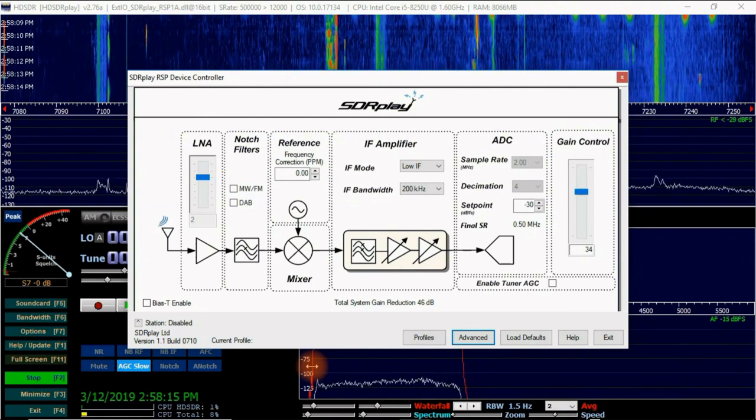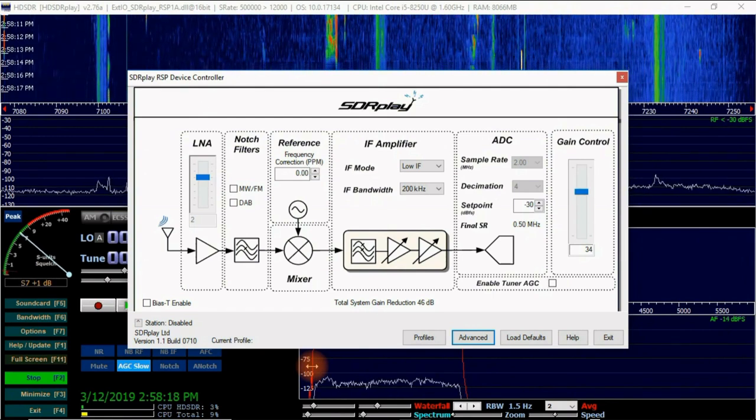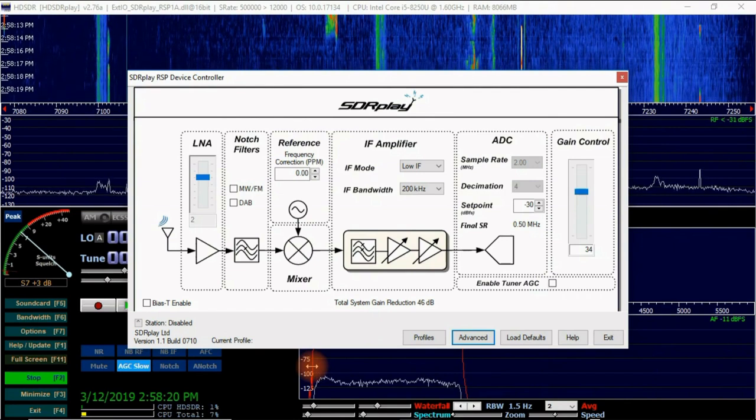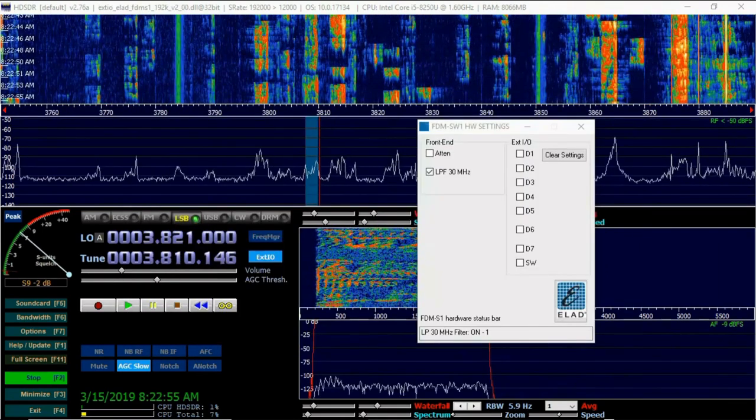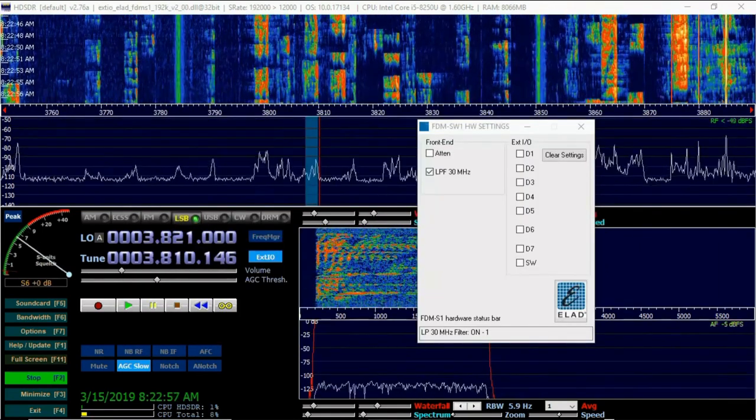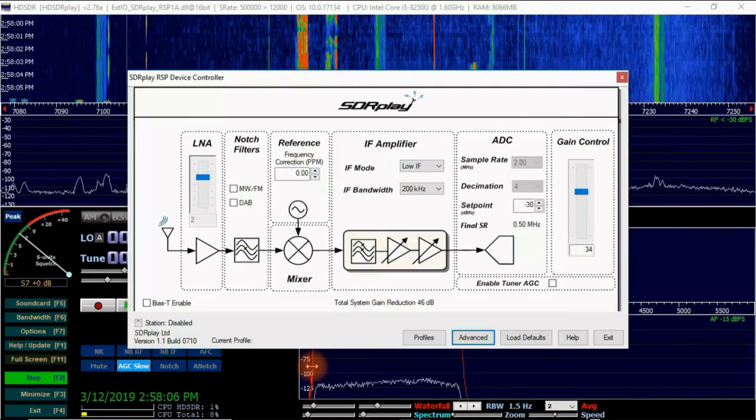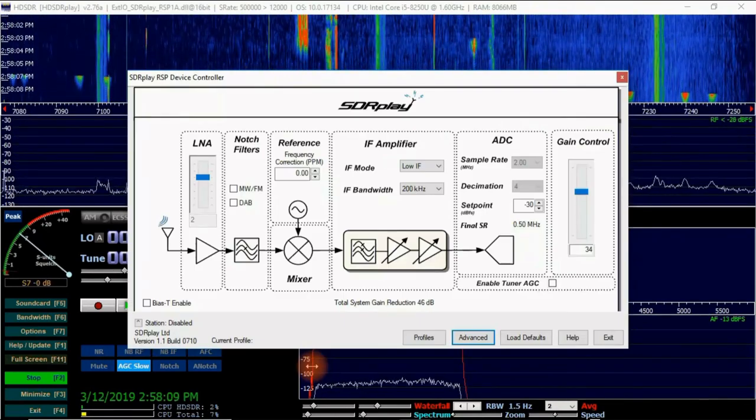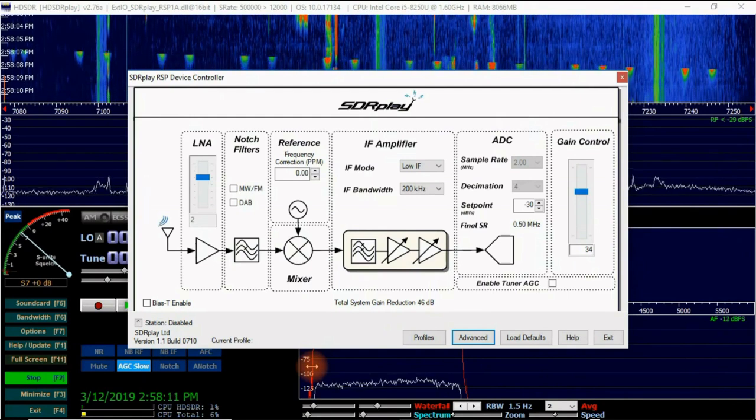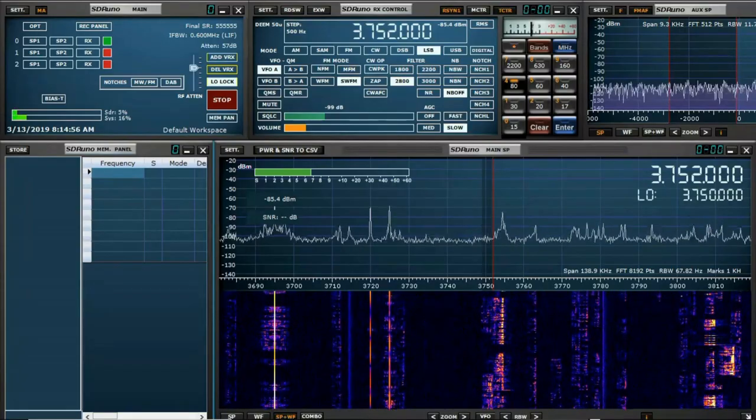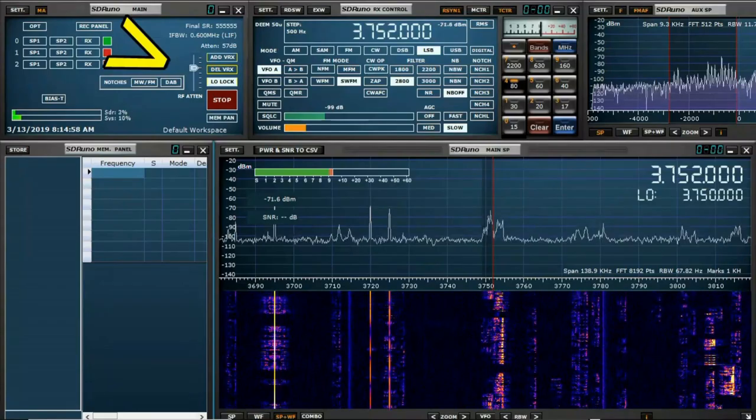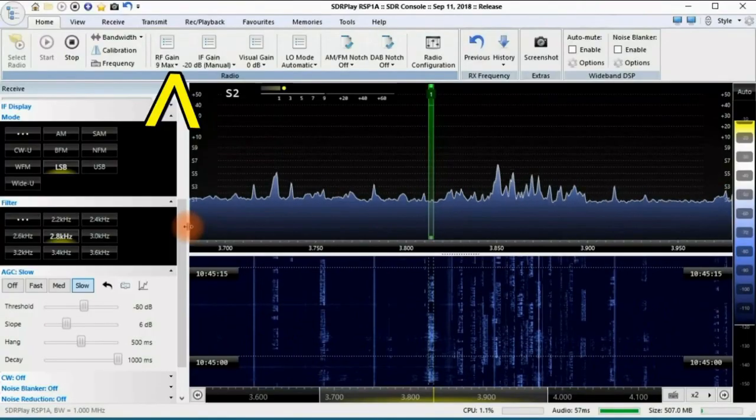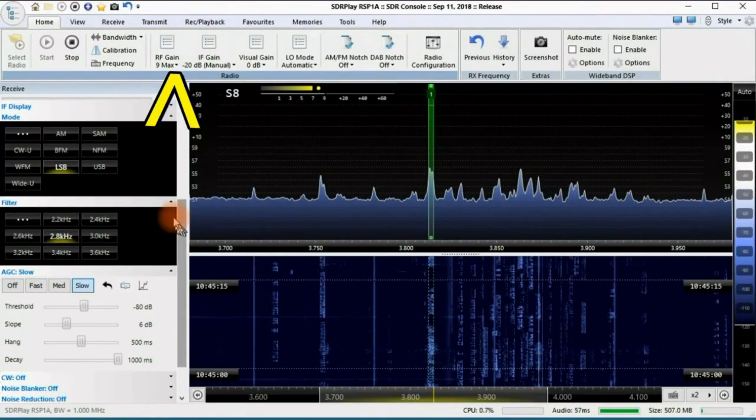Otherwise, you're likely to get distortion or worse from overloading, or at the other extreme, have low sensitivity. Direct sampling makes all this so much simpler in the S1. If you have an RSP1A, learn to use these controls. You'll be rewarded. These controls must also be set when using SDR Uno or SDR Console software, although they look